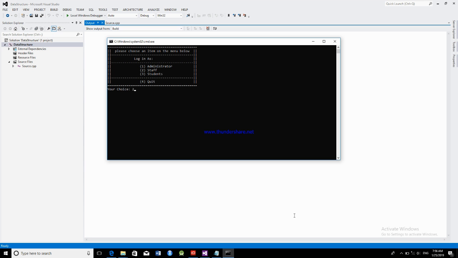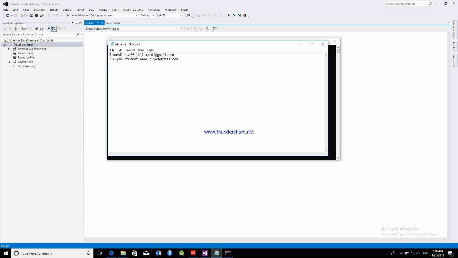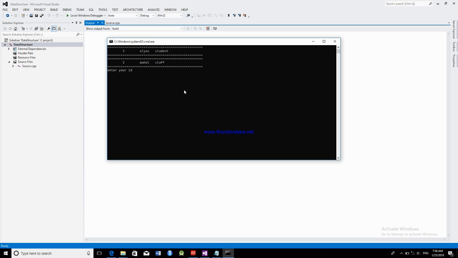This choice 2. Now we will come here and check the password, which is 1112. Now we'll write Mahdi because now we'll enter the password, which is 112. Now we have these options like perform booking, view all rooms, and view all my booking. First we will start from choice 1. Now enter the room ID you want to book, so we will choose 1. Enter the year like